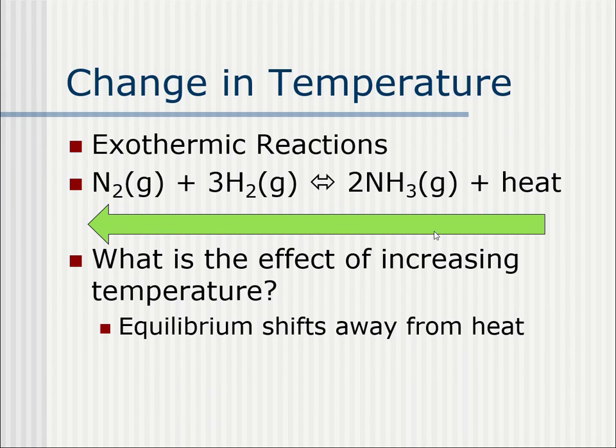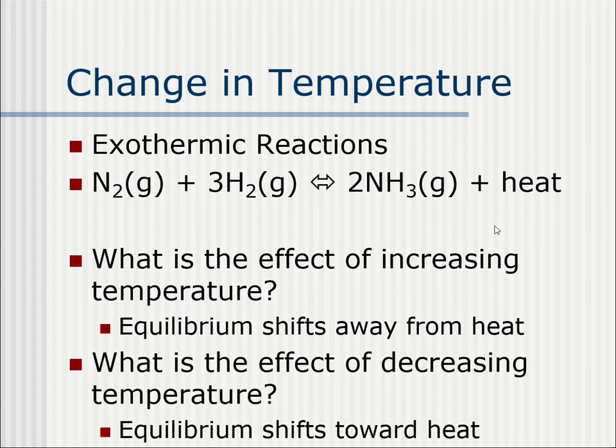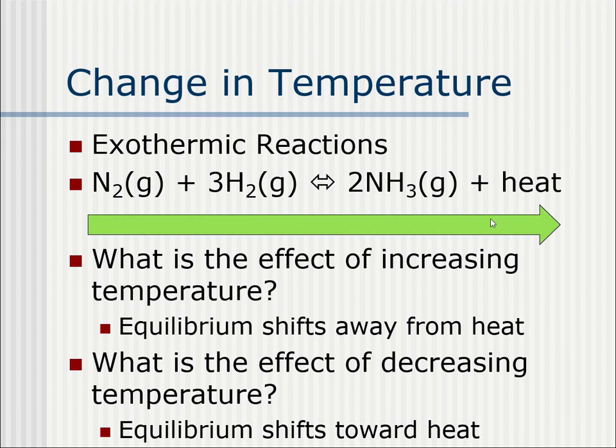And that's a bad thing. So our logic would say, if I want to make this reaction go more towards the right, I want to decrease the temperature to make it shift towards the right. However, what did we learn in the last chapter about decreasing temperature? What happens to the rate of the reaction when we decrease the temperature? It slows down, doesn't it? So the position of the equilibrium, once it gets to equilibrium, would be more towards the right, making more of the ammonia, but it would take longer to get there.